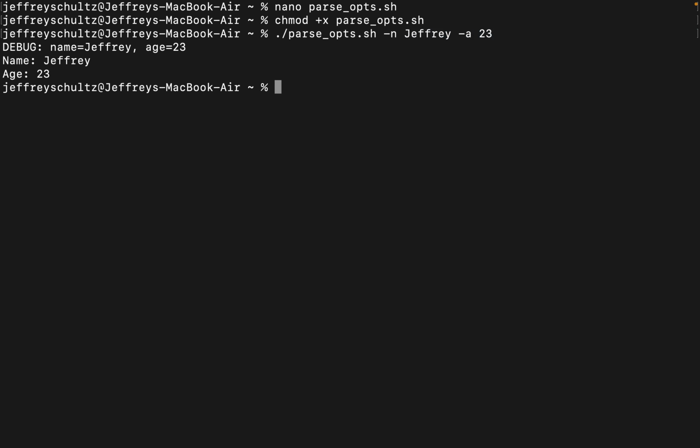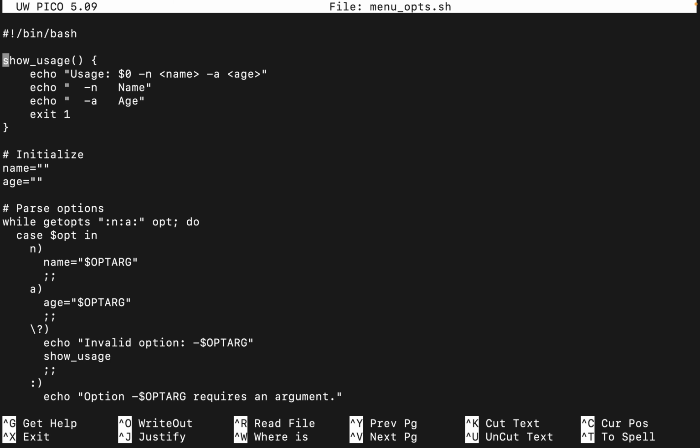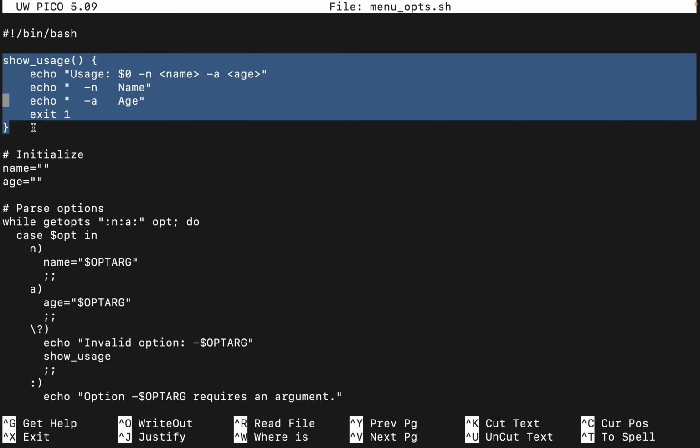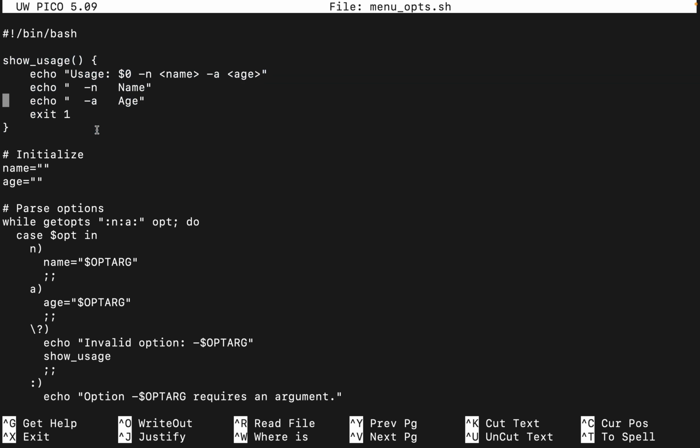So the next task was menu-based getopts. So this is going to be the same thing. I'm going to open up this file. I named it menu options.sh. So what we do is we create a function, and I went over how to do this in my first bash scripting video. So this is something that you guys should have seen. So show usage, we're going to say echo and exit 1. So it's really just the same thing, just in a function, -n for name, -a for age, using the usage,